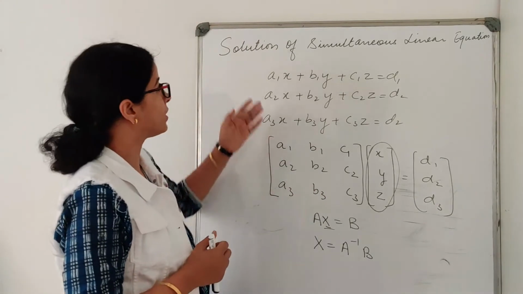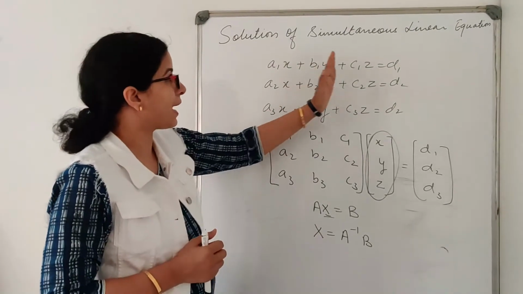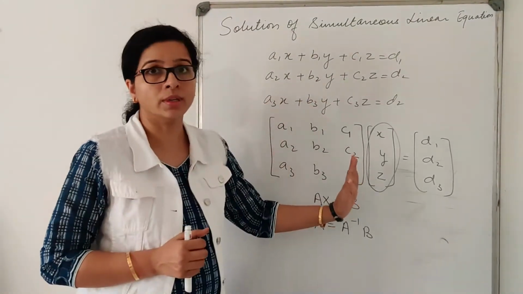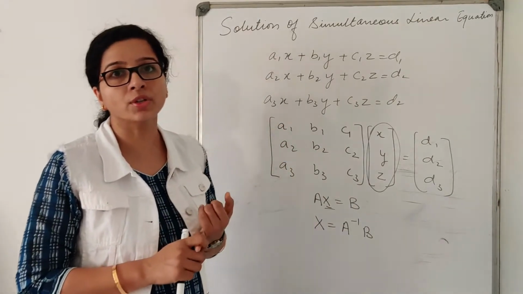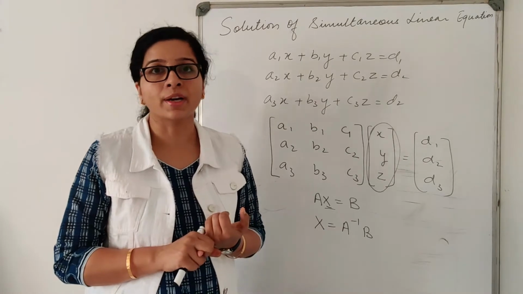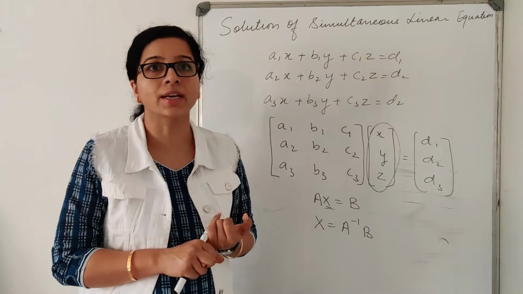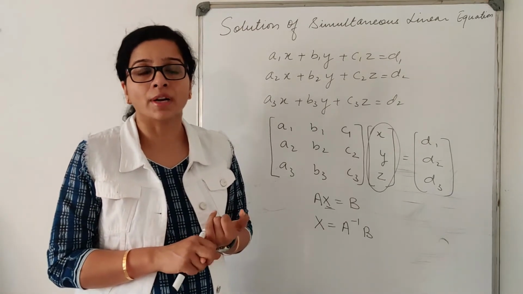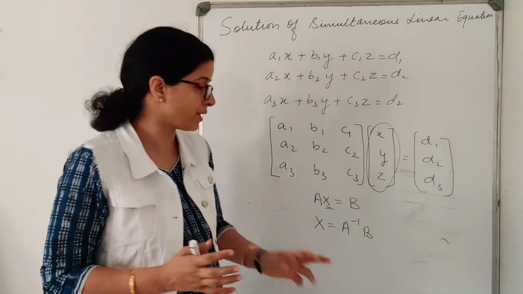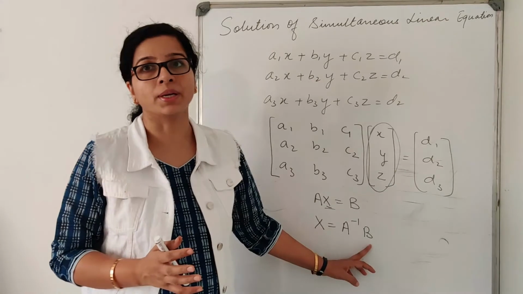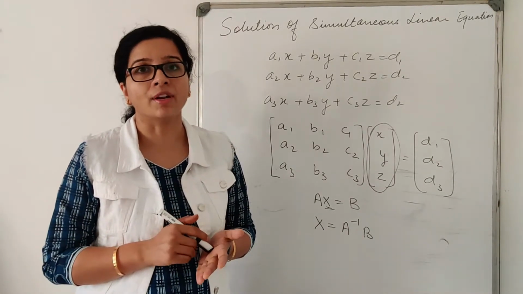What is your coefficient matrix? We form the coefficient matrix by taking the coefficients of x, y and z, arranging them in columns, and then we will find the inverse of A. How do we find the inverse of A? First of all we find the cofactor matrix, then we find the adjoint. Adjoint is nothing but the transpose of the cofactor matrix. Then inverse is 1 upon determinant of A into adjoint A, and then the resulting A inverse is multiplied by B. So first of all I will tell you the conditions of consistency, and then I will explain the algorithm.